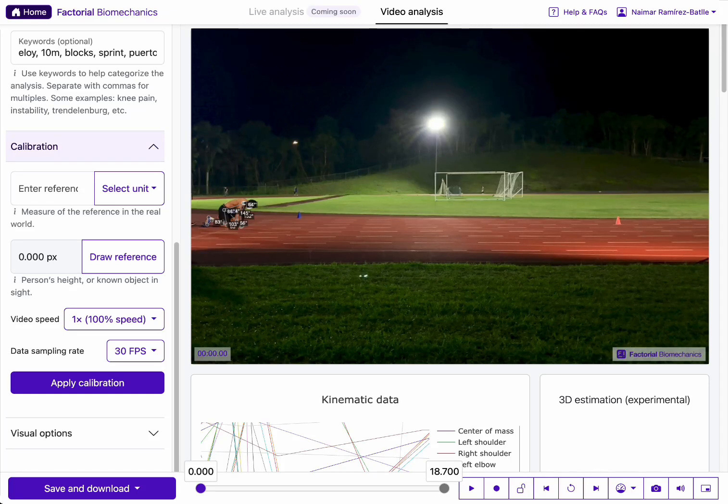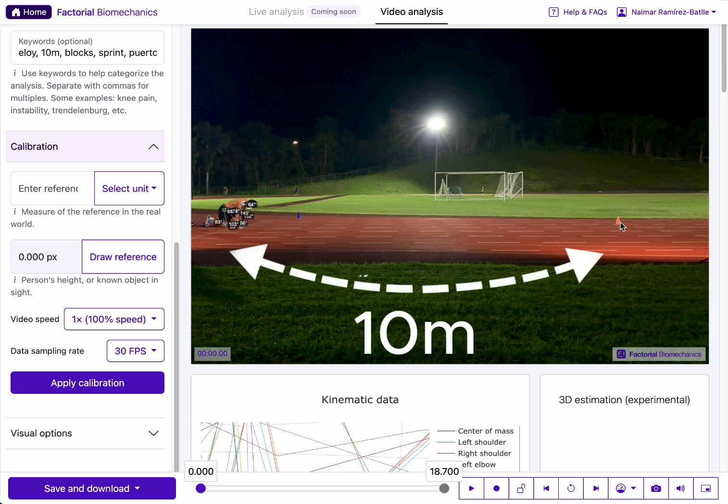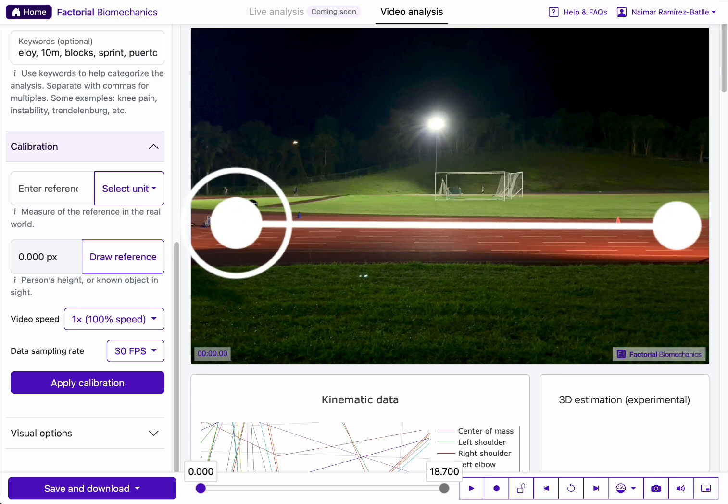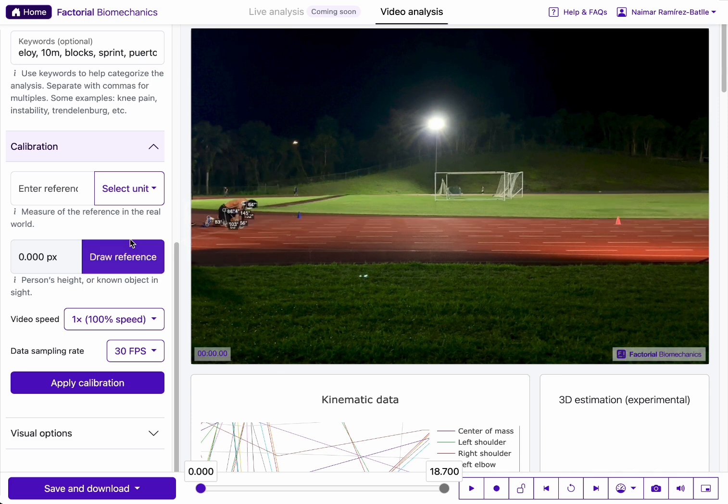We're gonna start by calibrating the distance. So here we know that Eloy is about to run 10 meters from the start line to this cone right here. When looking at track athletes especially, the cone is going to be out of the way, so it's going to be behind. We want to pay close attention to the perspective. So this cone right here doesn't mean that the distance is here, it means that the distance is way over here. So when we enter the reference length, we have 10